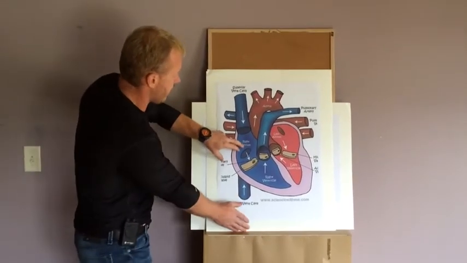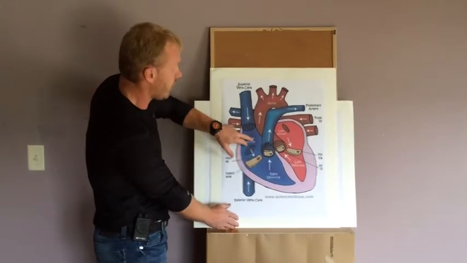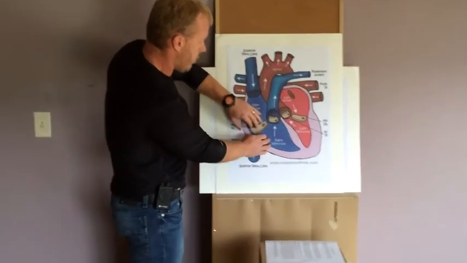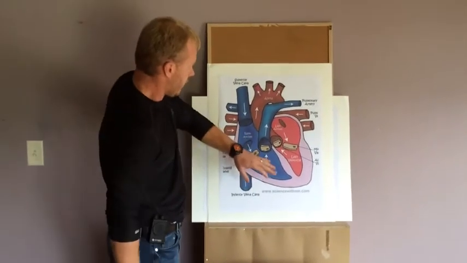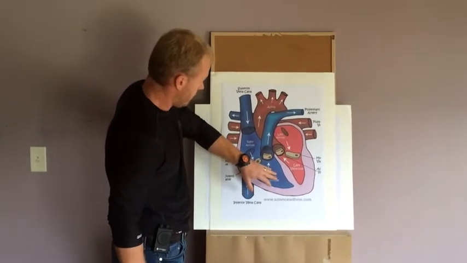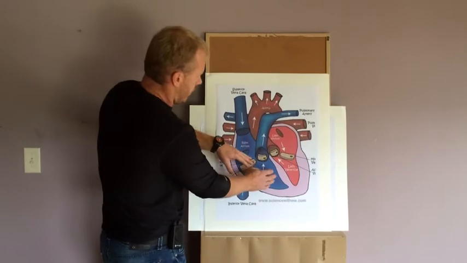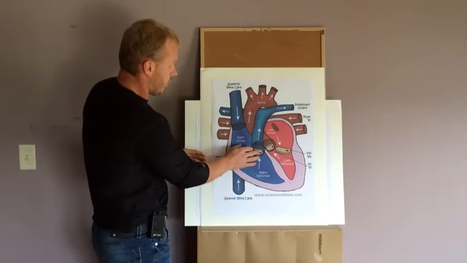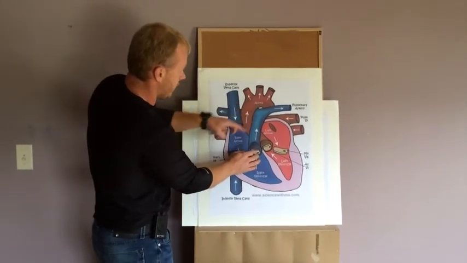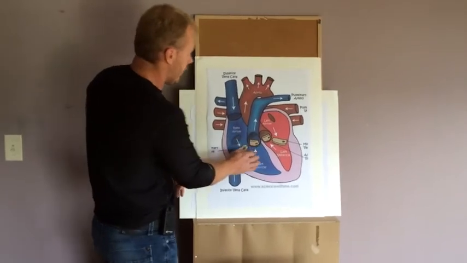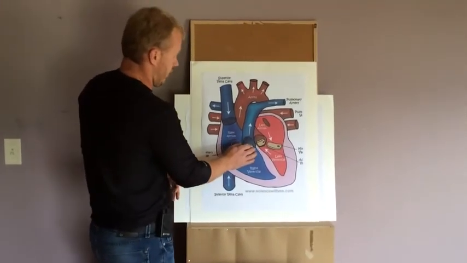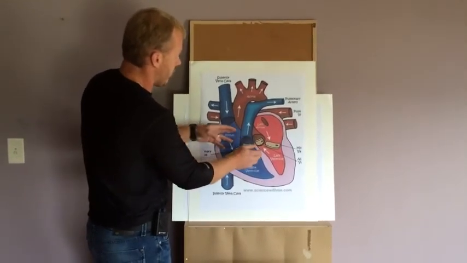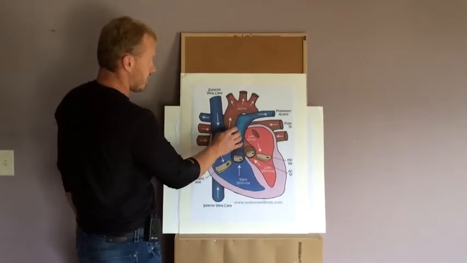That is done by the tricuspid valve being closed, allowing the right atrium to fill with deoxygenated blood. Now, when the tricuspid valve opens after the right atrium is full, the right ventricle is allowed to fill with blood. Now, when the right ventricle is full, it will contract, and this contraction will allow the blood to go into the pulmonary artery here. Now, the pulmonary artery is blocked by the pulmonary semilunar valve. Now, the pulmonary semilunar valve will open, allowing this deoxygenated blood to go from the right ventricle into the pulmonary